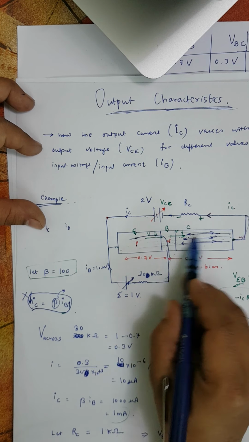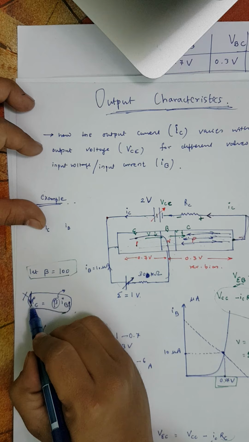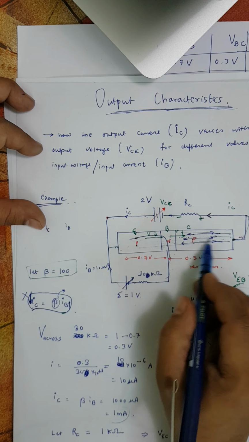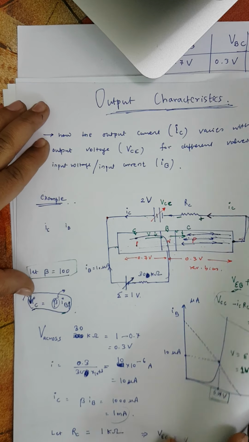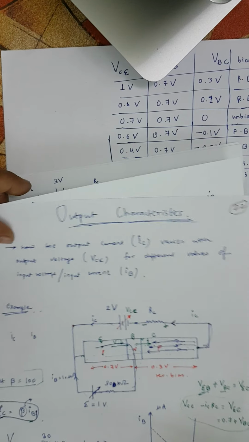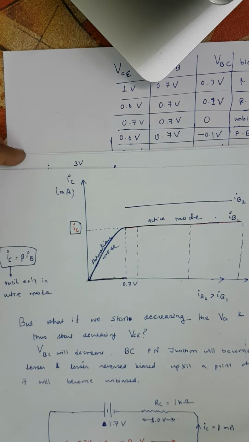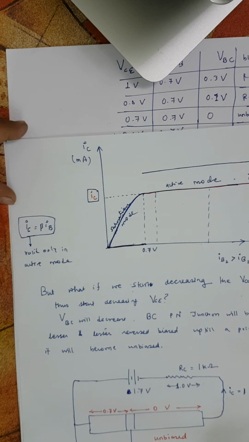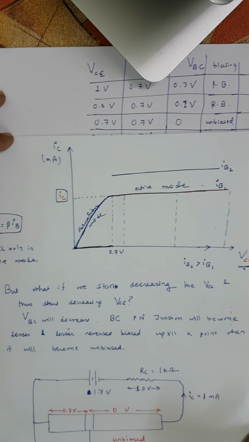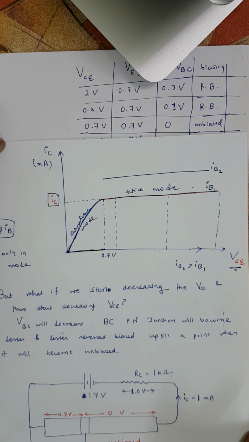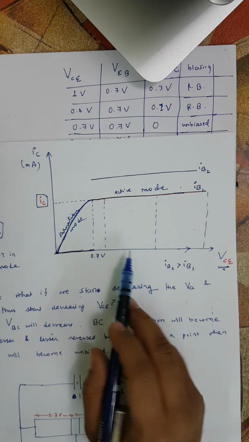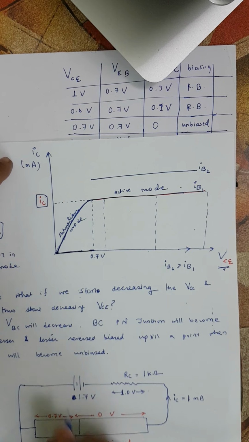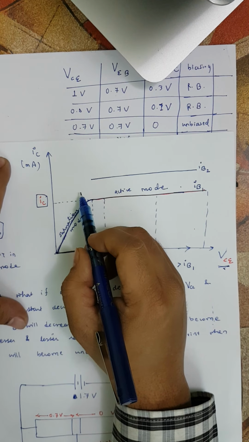The more you forward bias, the more the decrease in IC, and so we say that this equation fails. Remember that this is valid only for the active state, active mode. In the saturation mode, IC is controlled by VCE and not by IB. So if we draw the IC versus